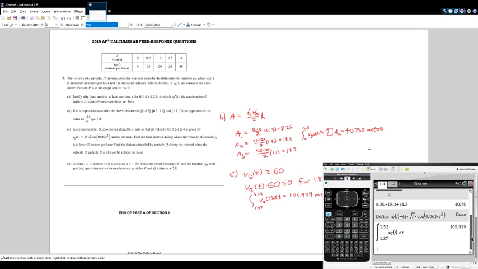So part D says at time equals 0, particle q is at position x equals -90. Use the result from part B and the function vq from part C. Approximate the distance between particles p and q at time equals 2.8. So at time equals 2.8, we need to first solve for the x-coordinate of particle p at time equals 2.8. And this is simply,